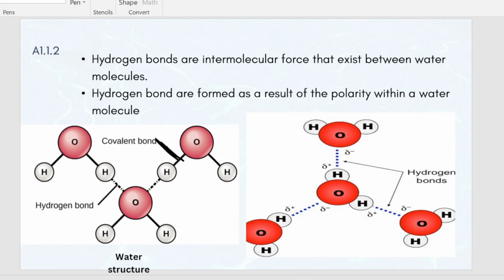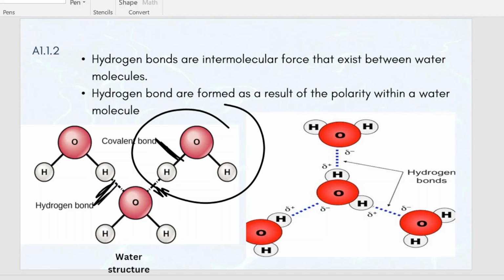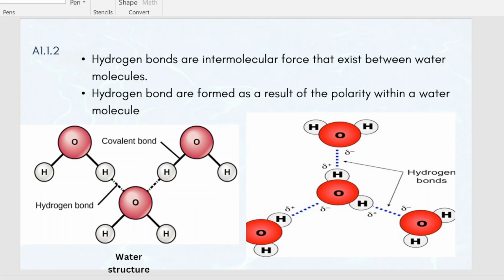And again, for the sake of emphasis, this is one water molecule. So between this water molecule and the next one, there's a hydrogen bond. Okay, and also there's a hydrogen bond here, and within here you have a covalent bond. All right, let's go on to the next